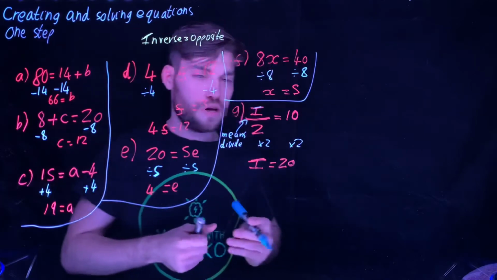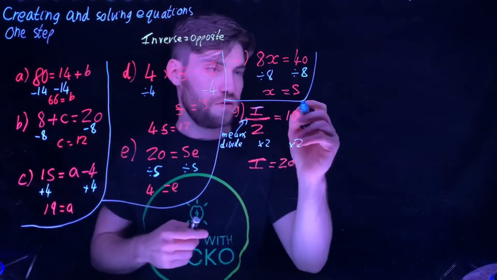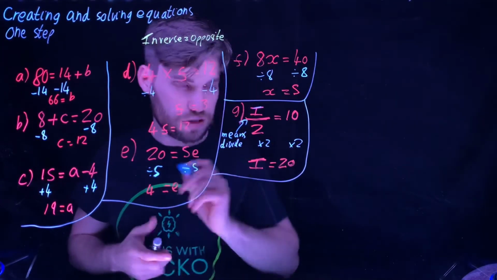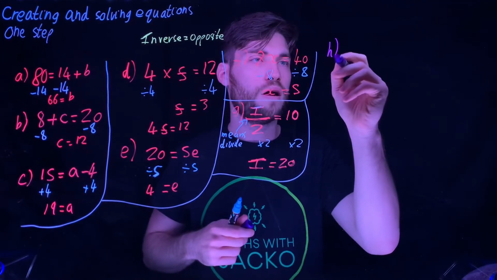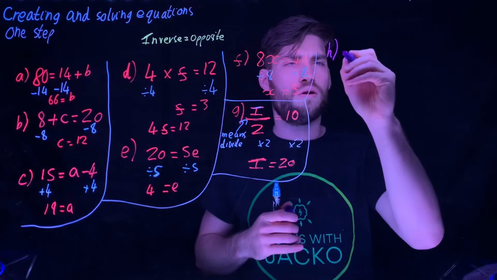Right, so let's take it on. Let's see if you can do another one by yourself. G, H, surround yourself with the alphabet then. Right, H, so let's do another one. Let's see if we have